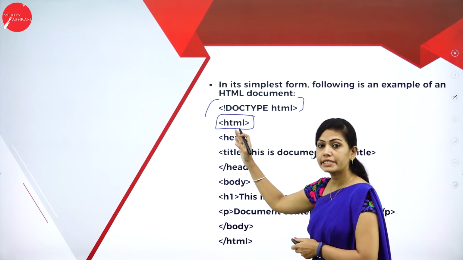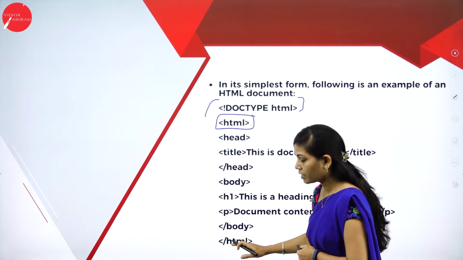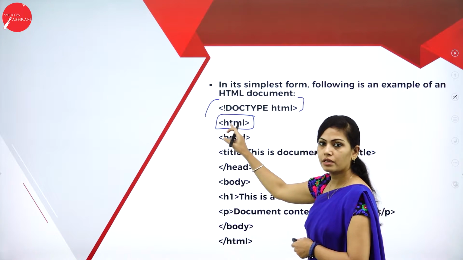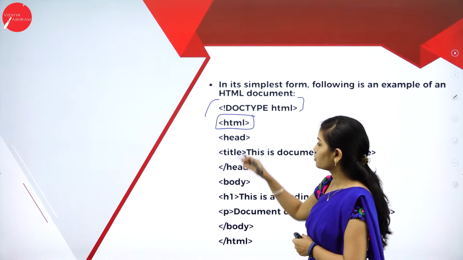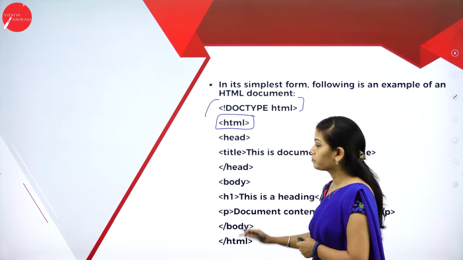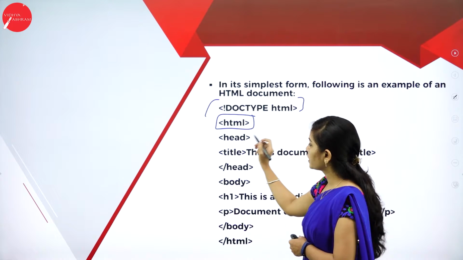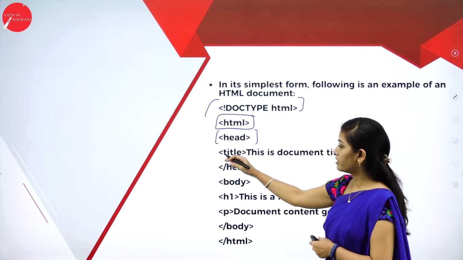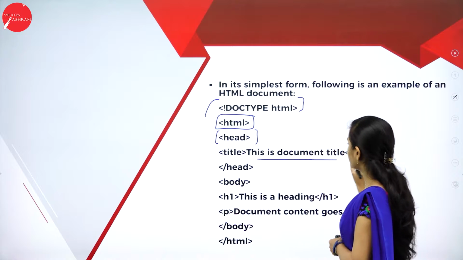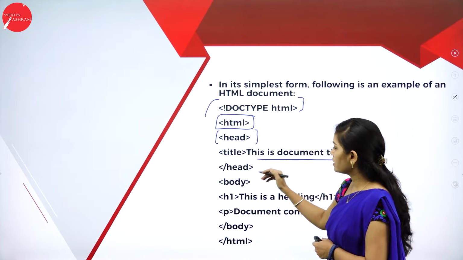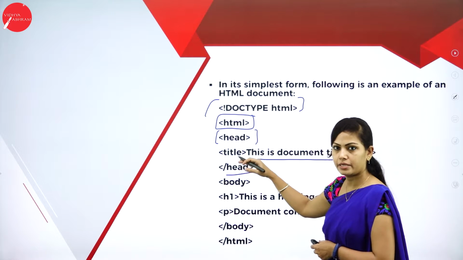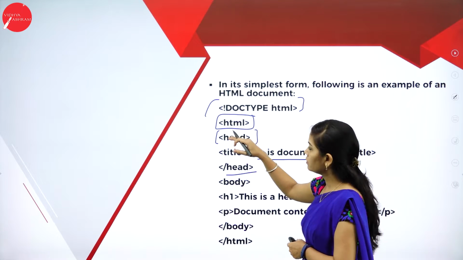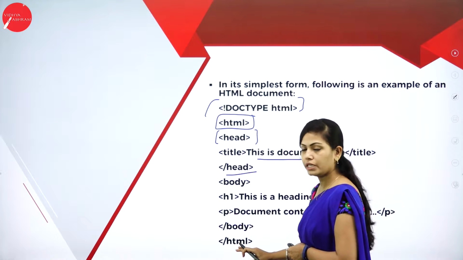This is your starting tag and this is the ending tag. Here we can start the program using the opening tag and the closing HTML tag. First open the HTML tag and the next step is head. Inside the head, I will write title. You can give any title inside the head and then close the head. Wherever you open a tag, you must close the tag also. Here I have opened HTML and I am closing the HTML tag.